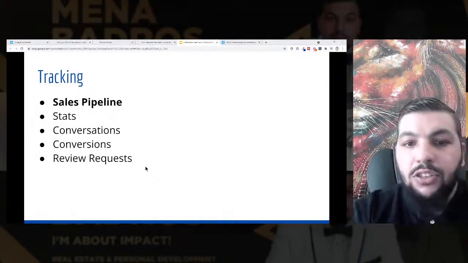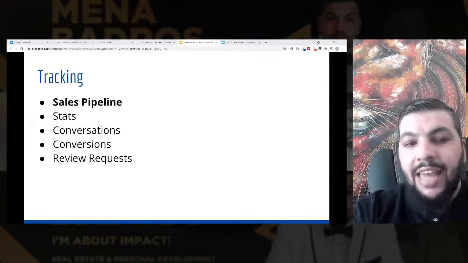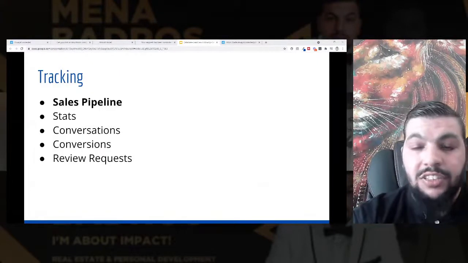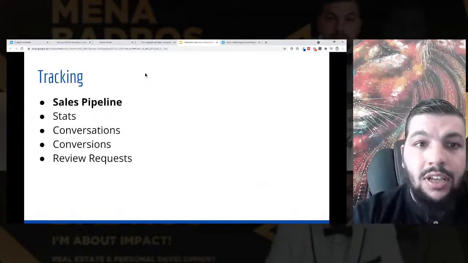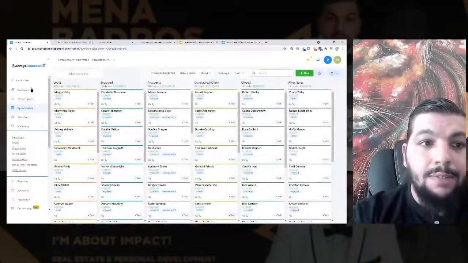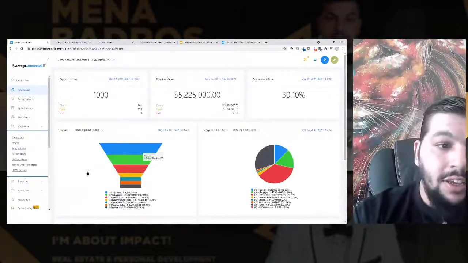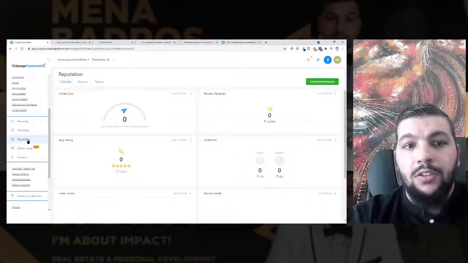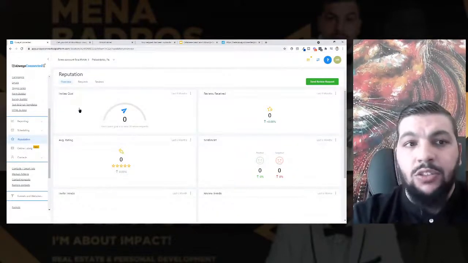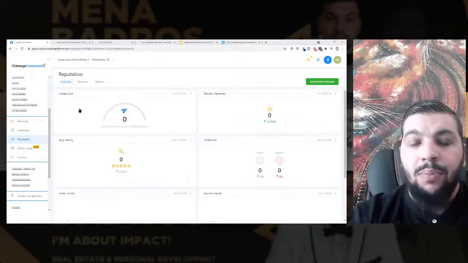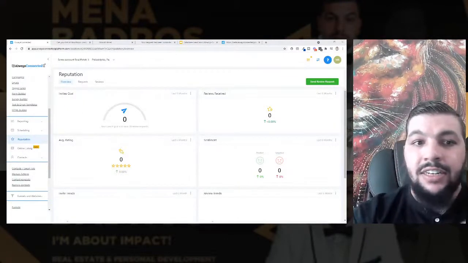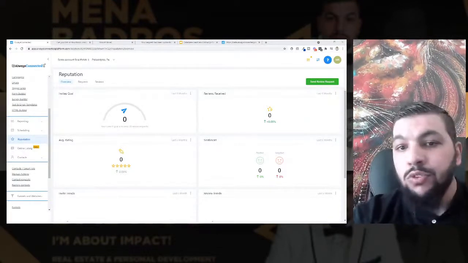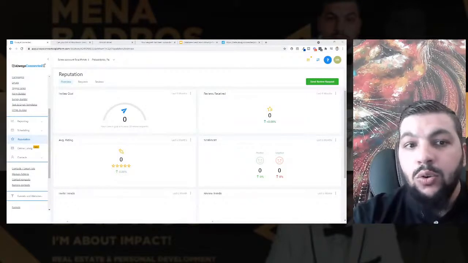Inside the page creation tool, you'll be able to track your stats of every page. Inside the contacts, you're able to track the conversation. In the dashboard I showed you, you're able to track your conversion rate right here. And you're even able to send reviews. So let's say you want to send a request. You want to have it as a part of your follow up after you close a deal. The next day, they get an email, a thank you email from you with a link that has your Google review page link, and people can go leave reviews.